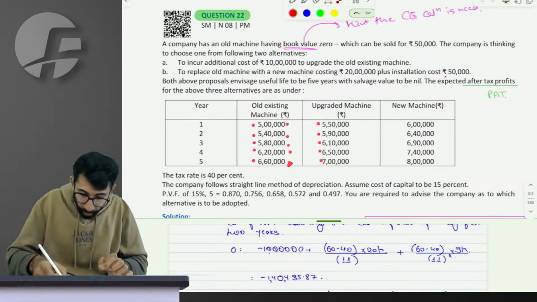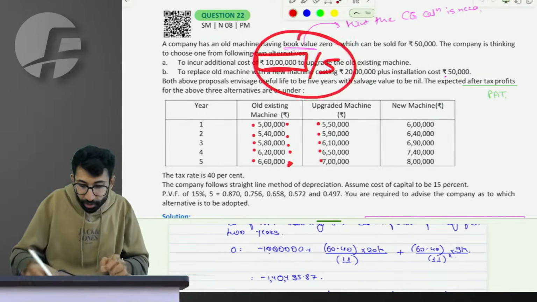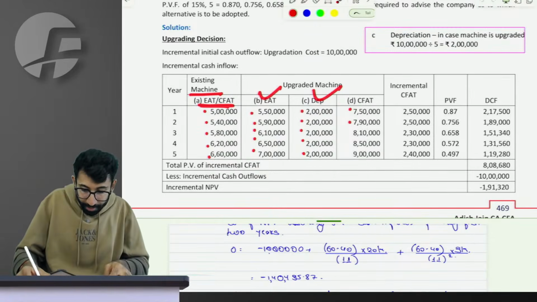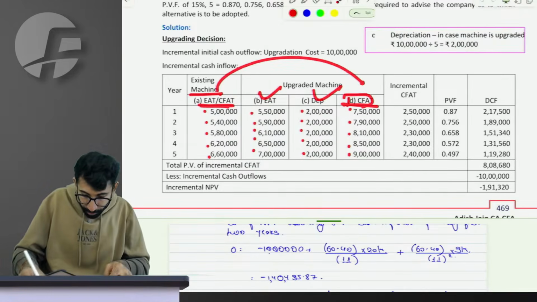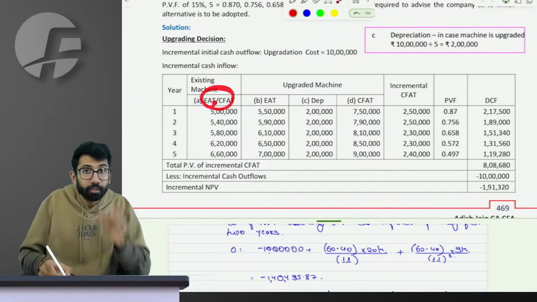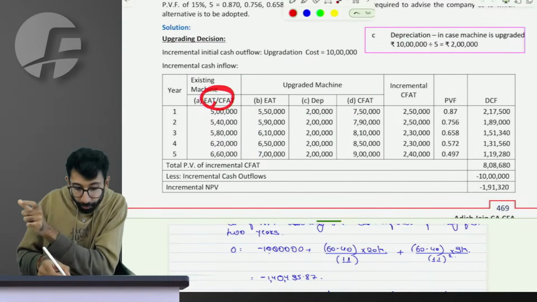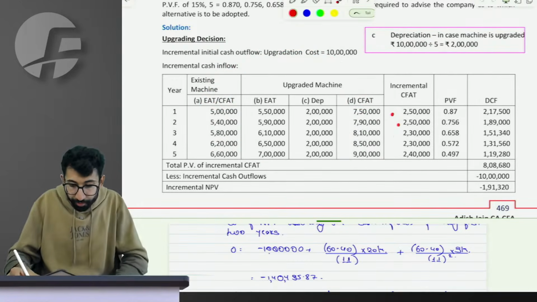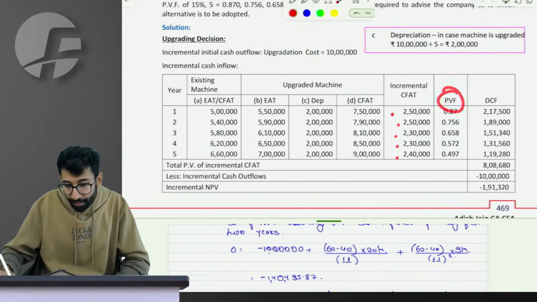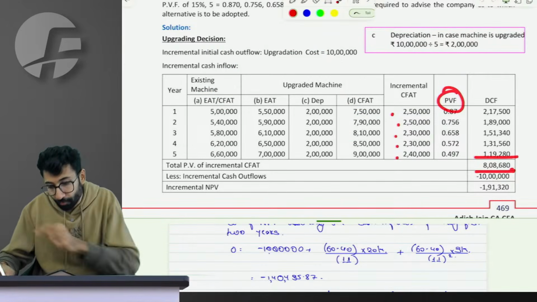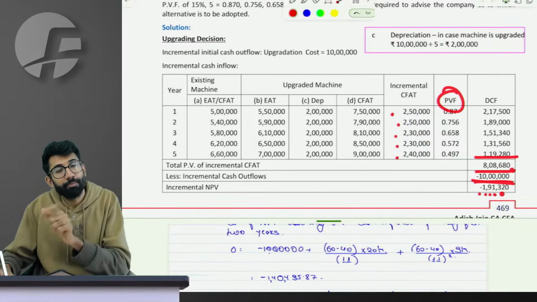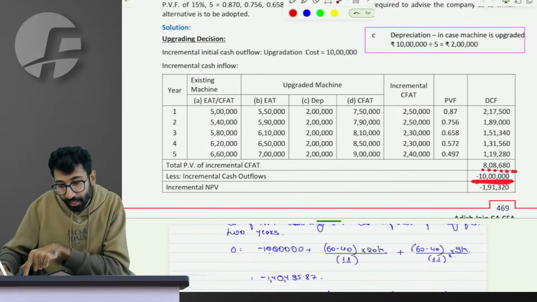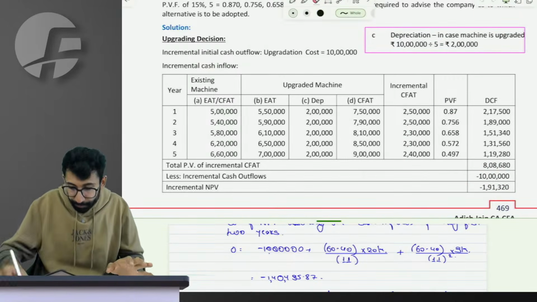Sir, what about depreciation? Additional 10 lakhs is to be depreciated over 5 years. So 2 lakh every year is the amount of depreciation, and PAT and depreciation becomes CFAT. You get the CFAT of the upgraded machine. So as compared to old, option 1's CFAT, alternative 2, which is upgrade, CFAT becomes this. So how much incremental CFAT we generate every year? This much. Multiplied with the present value factor gives you present value of incremental cash inflow. For that 10 lakhs is being spent, so the NPV becomes negative. Extra that you have to spend is 10, but extra you will get every year in present value terms is 880. Don't spend extra, it's not worth it, negative, right?